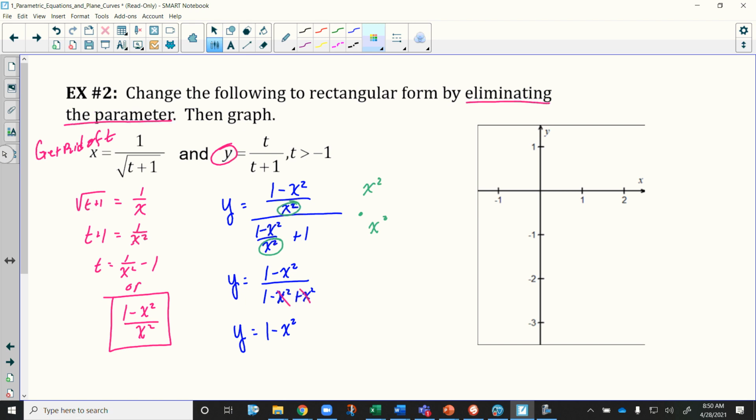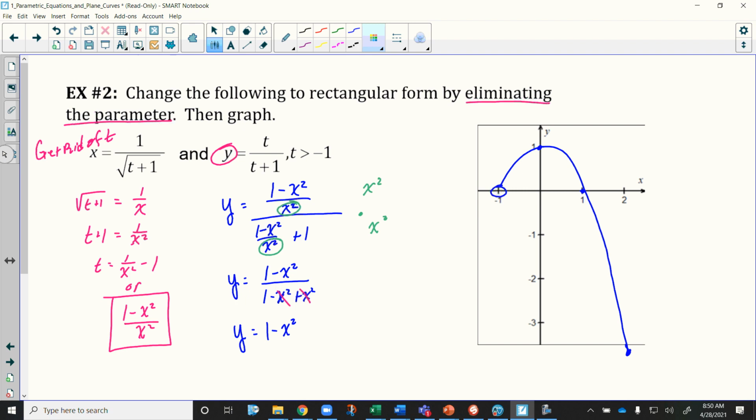Now in this case, t is going to have to be greater than -1. So on my inputs here, we have our input at -1 where we're not going to use it. But if we were going to graph this, here's the vertex, so I know I'm going to have a point here. At 2, it would be way down here at, say, -4. I think that's about where -4 is. And we would have a parabolic arc